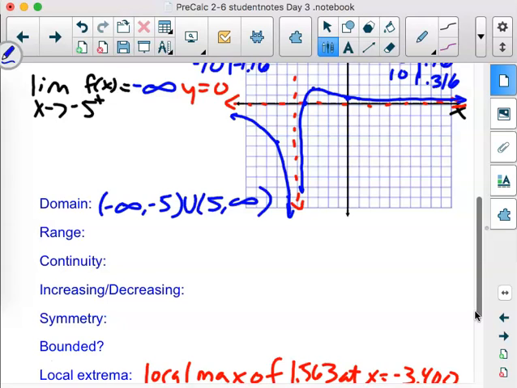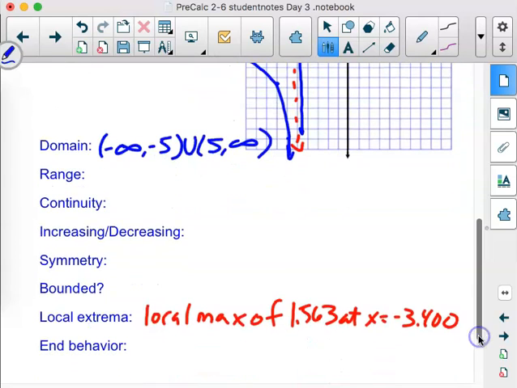But this one has a really weird range because it's using all these negatives down here, but it's never going to go higher than our highest y value. And that's why when we write that local max, we put that y value first because that's the top point. We need to know that. So our range is going to go from -infinity to